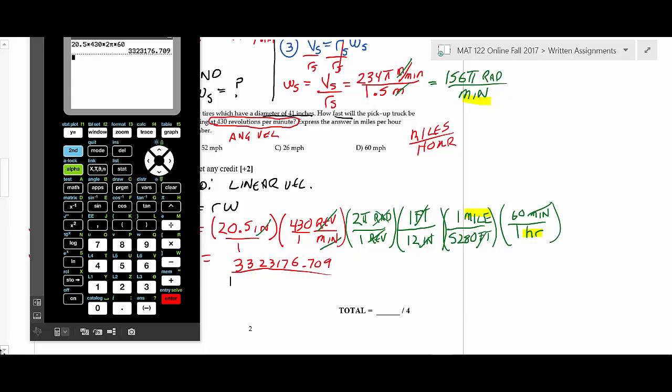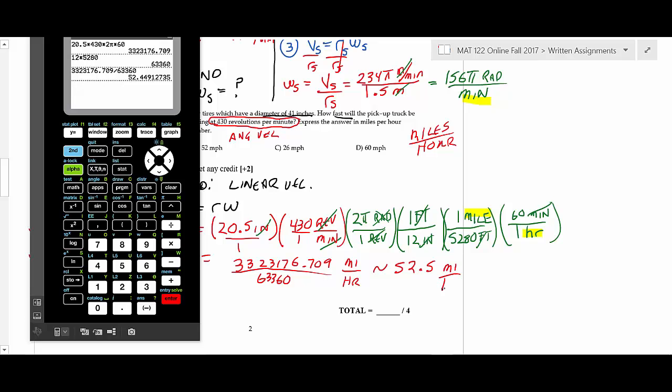So the denominator is just 12 times 5280. Okay, so I'm going to record that as 63360. And again, that's in miles per hour. And then I should get my answer if I just divide those two numbers. So I'm going to go 3323176.709, and then I'm going to divide that by 63,360. Okay, and if I do that, I should have about